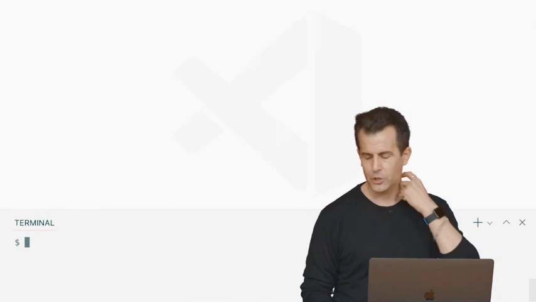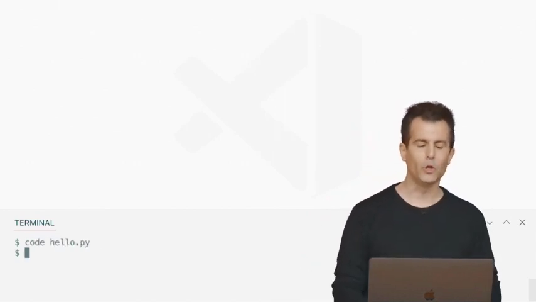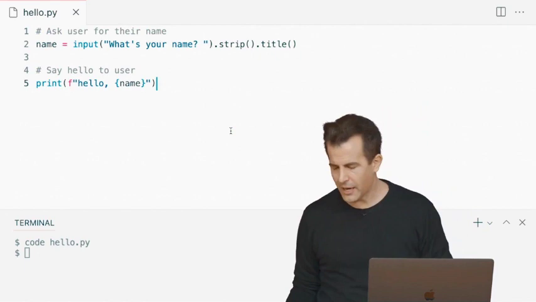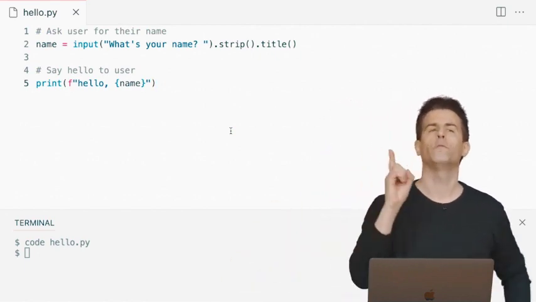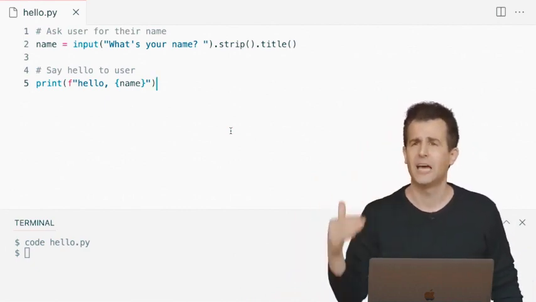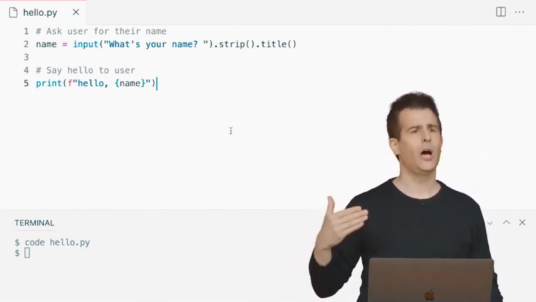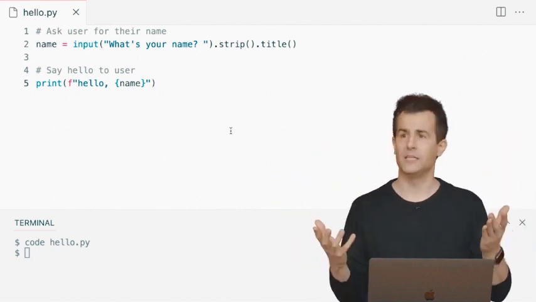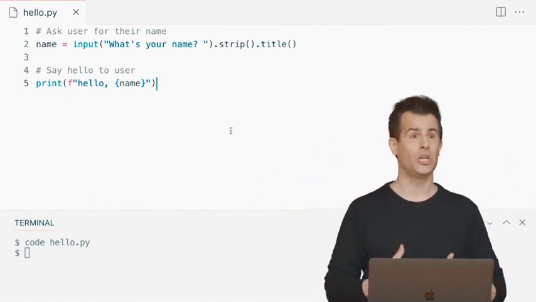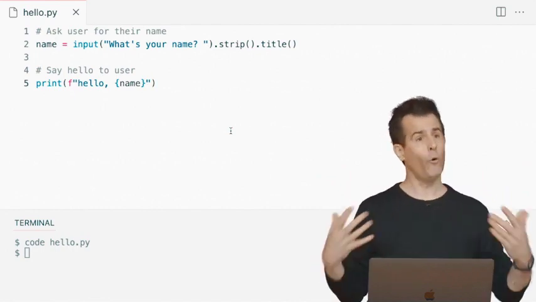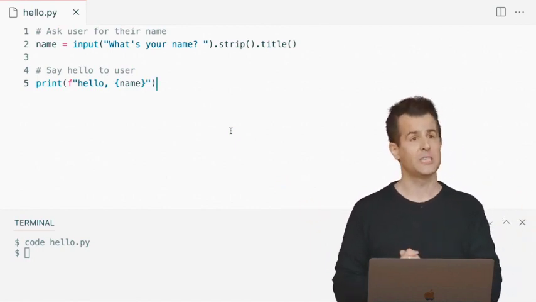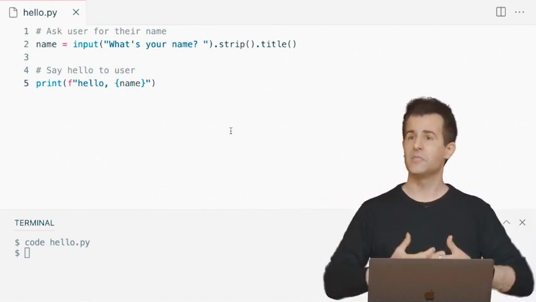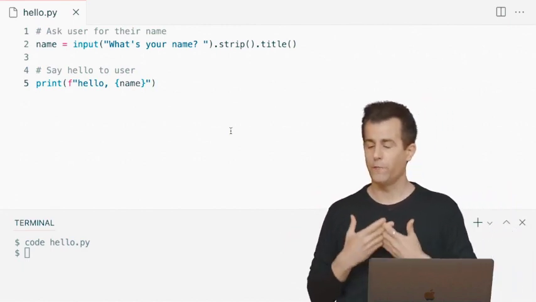Let me go back to VS Code here, and let me propose that we go back to hello.py. I'm going to reopen hello.py where we left it before, and consider how we can start improving this further by making our own function. I have written so many programs today that just say hello, and each time I'm using print. But wouldn't it have been nice if from the beginning of today we could just call a function called hello that just says hello for us? Now, the authors of Python years ago didn't think that we need a special function just to say hello, but I would like that to exist. I'm saying hello so many times, I just want to be able to call a function hello.